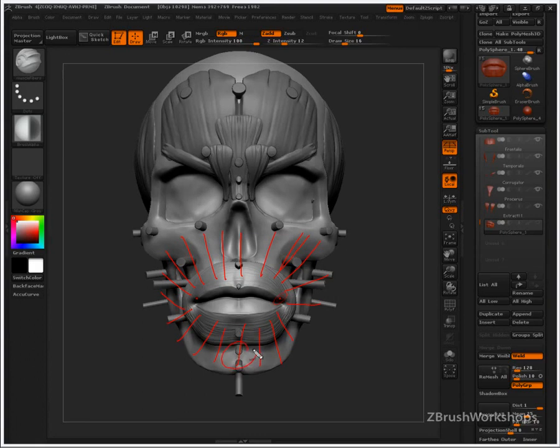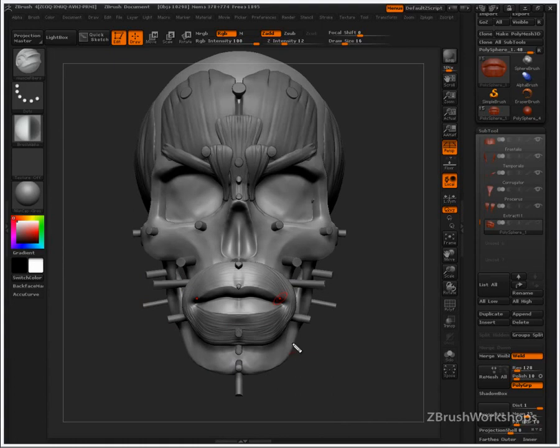The mentalis is a small exception, although not really. So we want to get in and start to define this entire area and be clear about the lines of action and the general form creators. One of the first really major form creators that is coming in and inserting into the orbicularis oris is the